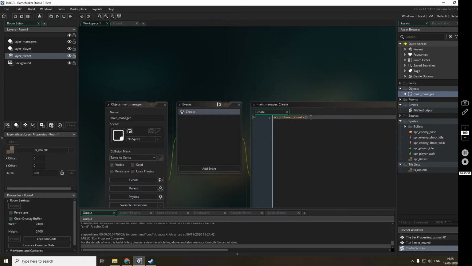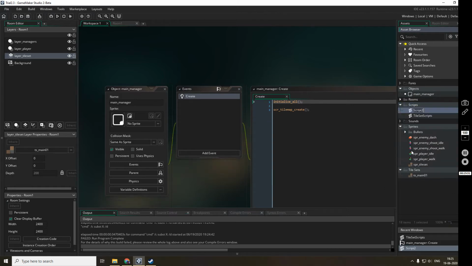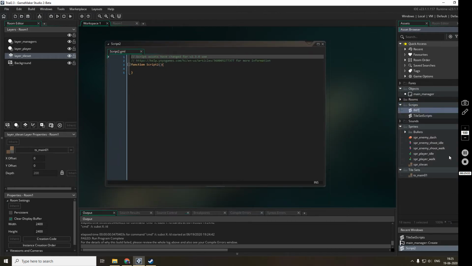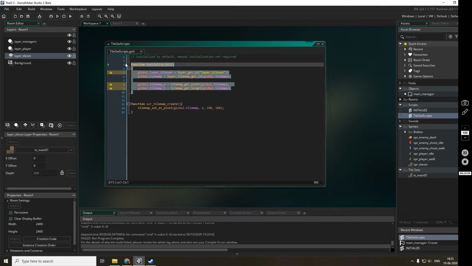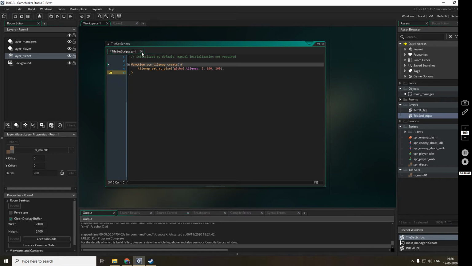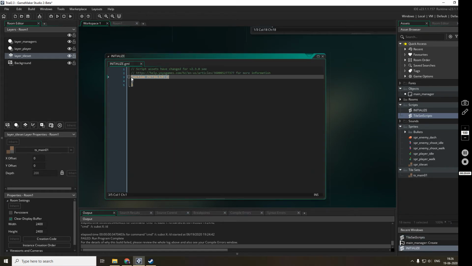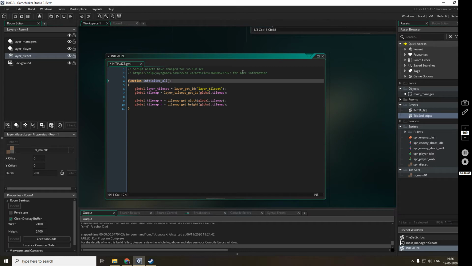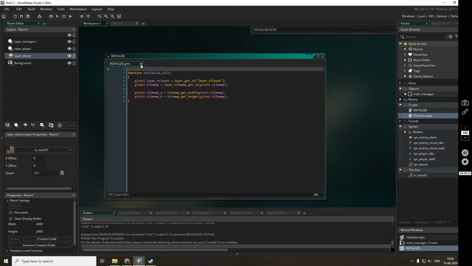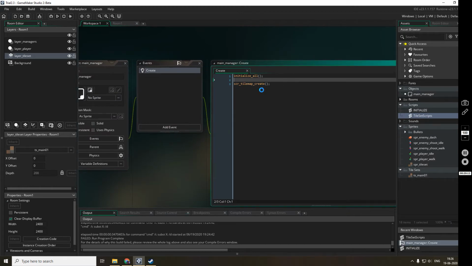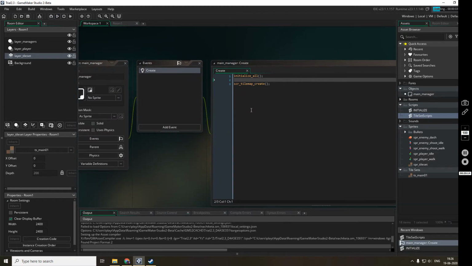Now before I call this, I will have to initialize all. This initialize all I'll be putting in another script that I'll name initialize. This is the script in which I'll be putting all the initialization code in various functions, of course, not this one function. That is the reason I've dedicated a script to that name. Now I will go inside and run this.